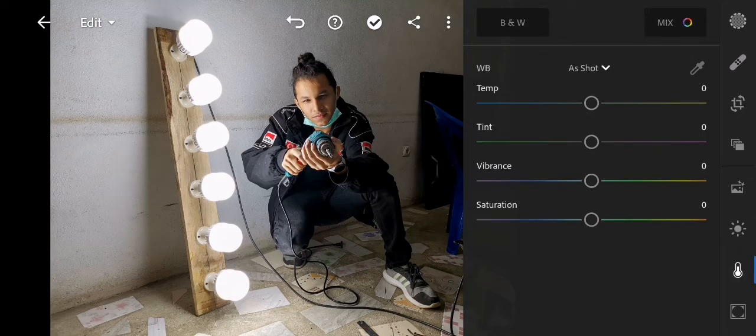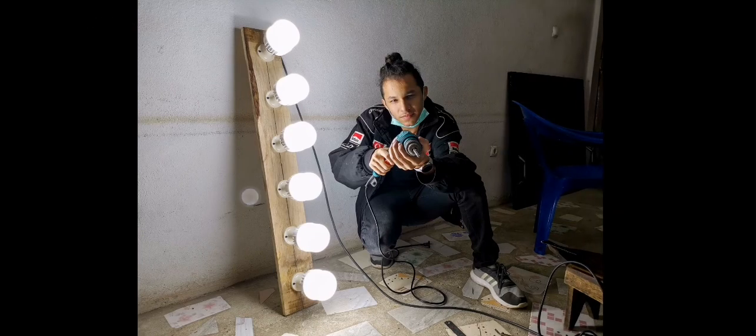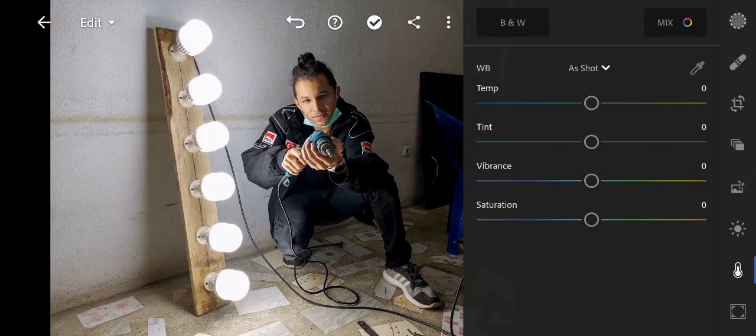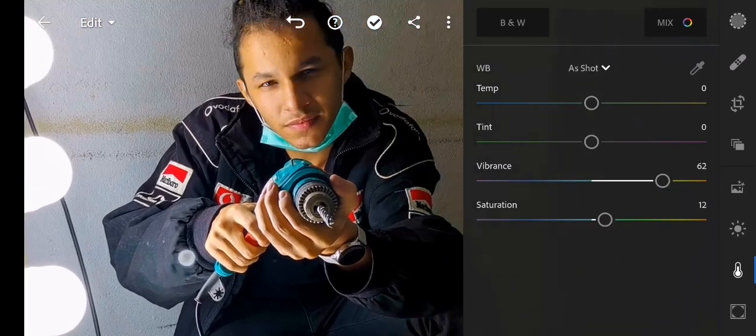Now, white balance is okay, the whites are white, the blacks are black, and we are going to add vibrance. I prefer vibrance over saturation, but I don't leave saturation behind. So we got